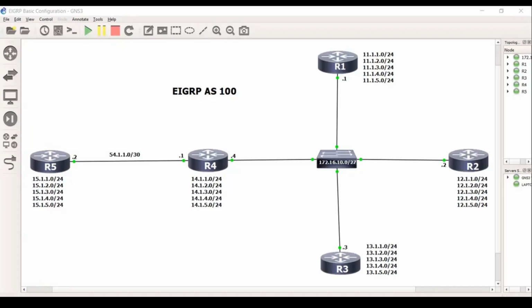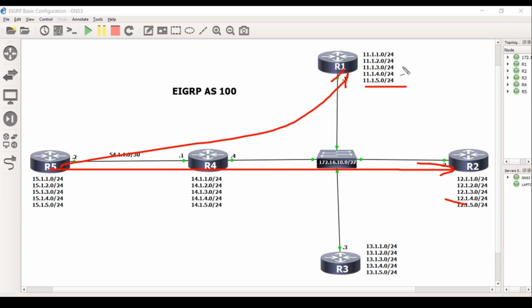EIGRP Authentication. On this topology, we already have EIGRP configured because we did configure it on our other labs. So EIGRP is already being configured here, everywhere. And R5 can see R2, R5 can see R1, and R5 can see all these routes, yeah? And every single router, not R5, but every single router can see every other IP address that is on this